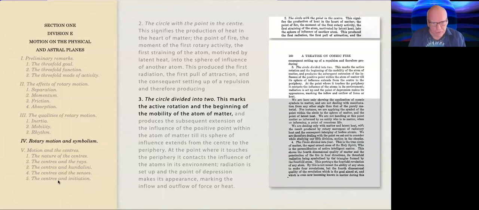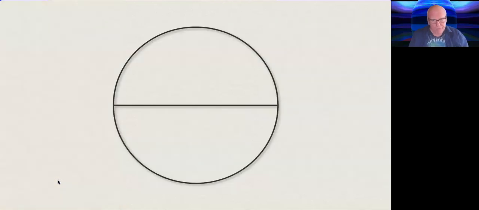That's always the initial phase. The symbol itself of the circle divided into two represents that point in time when the extension of the influence of the central point reaches the periphery and begins to radiate, thus making possible connection with other atoms, no matter what type of atom, through an inflow and outflow